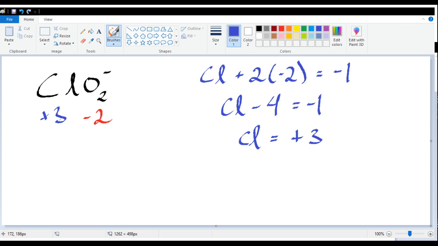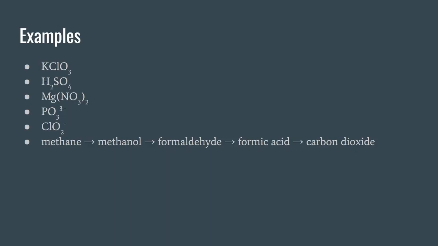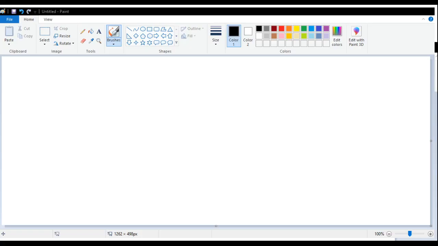And finally, our last set of examples is a huge collection of organic compounds. Organic compounds that you don't quite know yet, but we can cover those easily enough. So, methane is CH4. Then we have methanol,